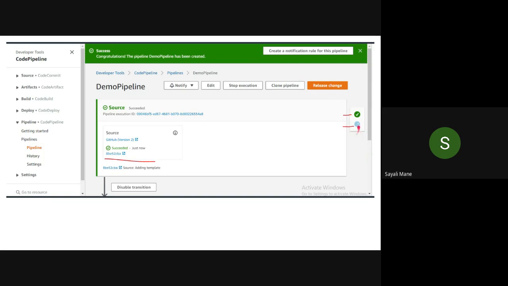See here, mine was also in progress. You can see the difference between that. If it is successful, then you will see the correct button. If it is in progress, then you will see the blue button, this one. In the viva, the external will ask you which this symbol indicates what. It indicates that your respective pipeline has been successfully created. And this blue one indicates that your respective pipeline is in progress. Okay. So please try to note down the little details of every practical.